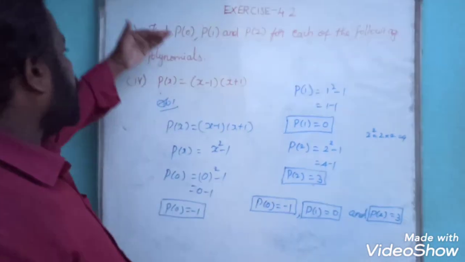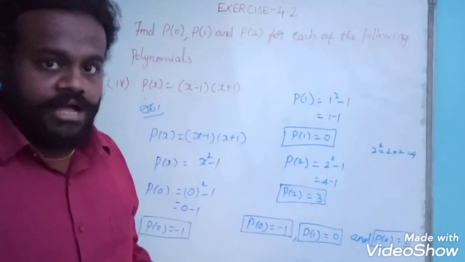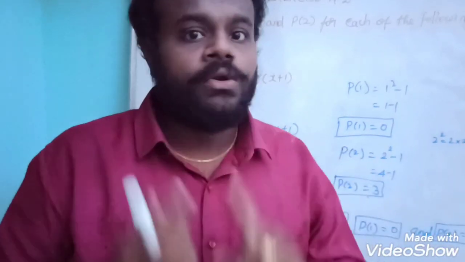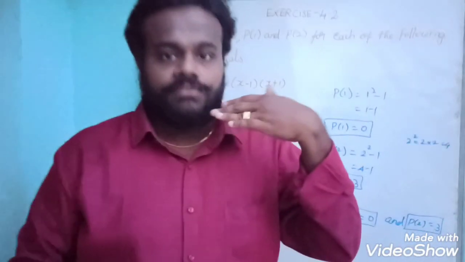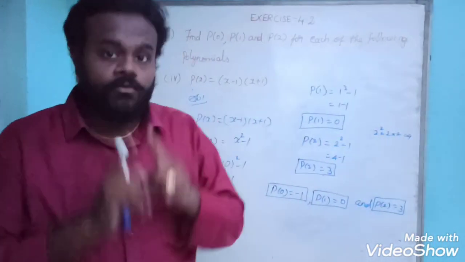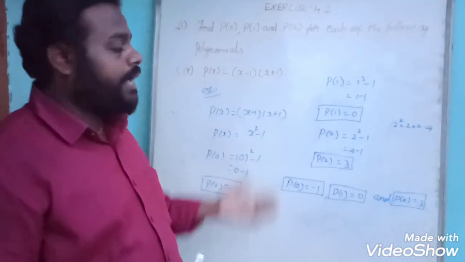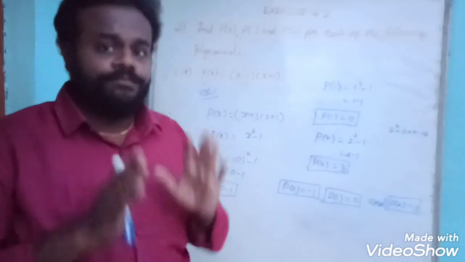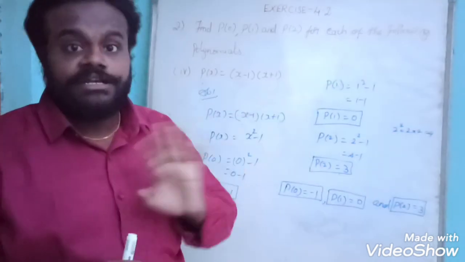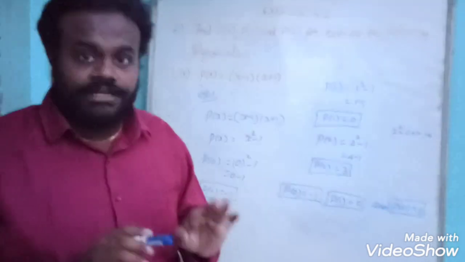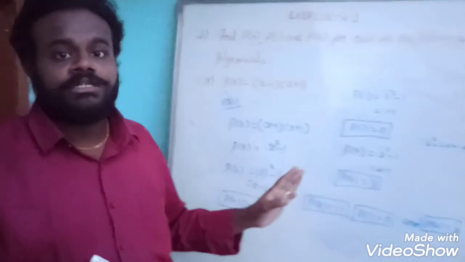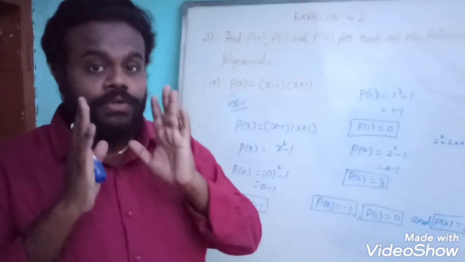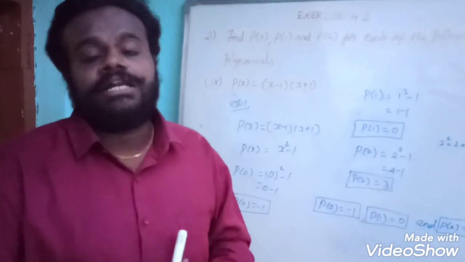So the remaining sums from Roman letter 2, you do as your homework. I clearly informed you the homework you have to complete in your homework notebook. Already our school has given you the homework notebook. You have to finish the homework in the homework notebook, followed by the worksheet on the basis of finding the values. You have to finish that worksheet neatly on an A4 sheet. You need not write the worksheet in the homework notebook. Only homework should be written in the homework notebook. Worksheet you write on an A4 sheet. I hope you will show the worksheet in the Zoom interactive session.